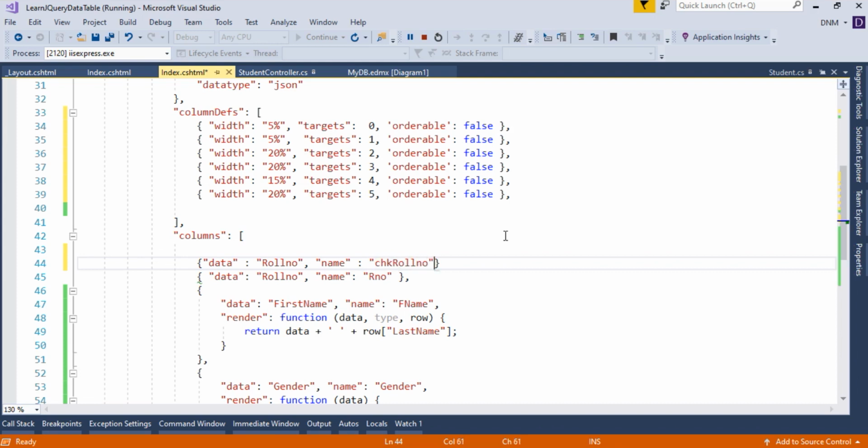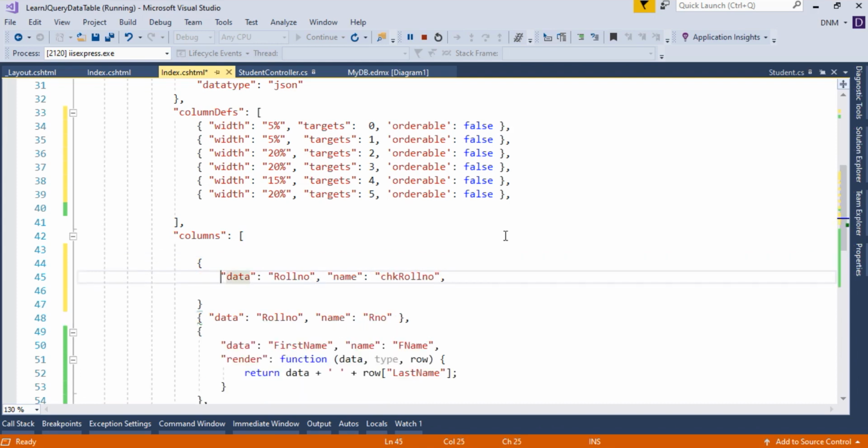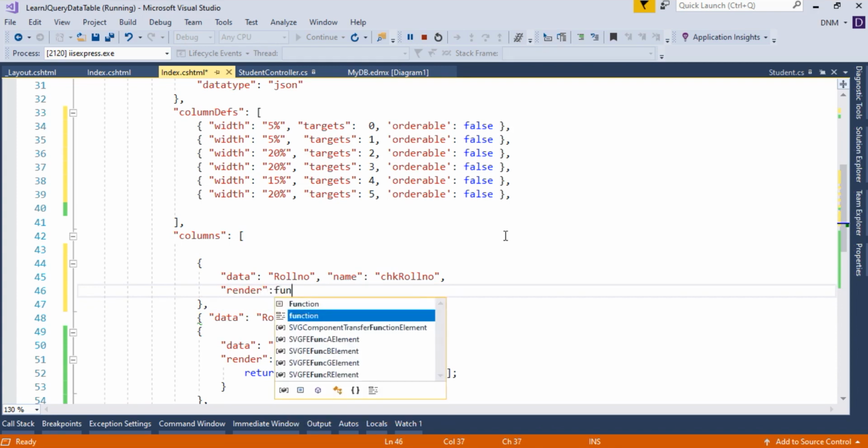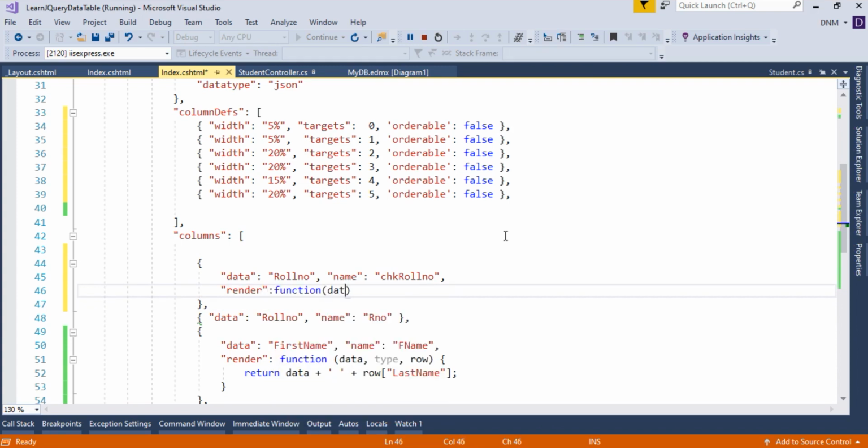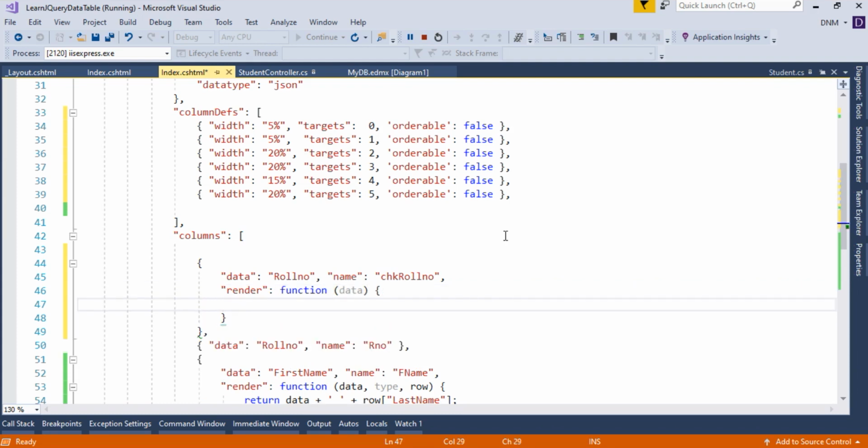I want to render it as checkbox. So render, assign a function to it, data. Again I'm not going to do anything with type and row, so I'm not going to mention it. Here you have to return a string which will be your HTML tag for checkbox.